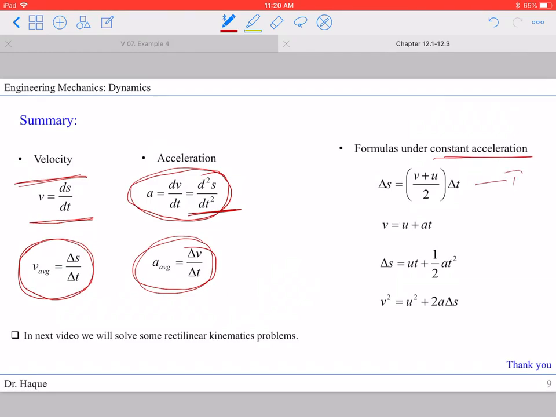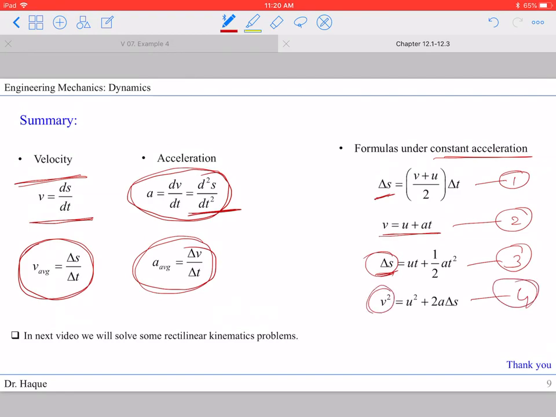One is the first position formula. The second one is the first velocity formula. The third one is the second position formula, and the fourth one is the second velocity formula. So in our next video, we'll use these equations and this formula